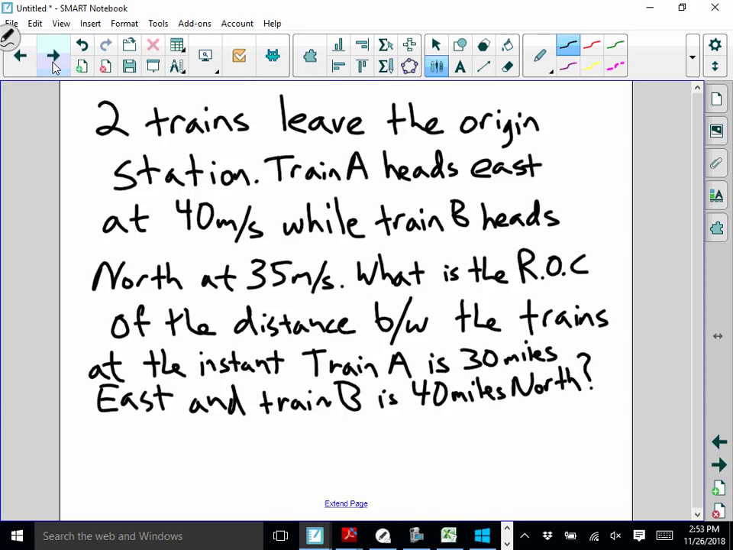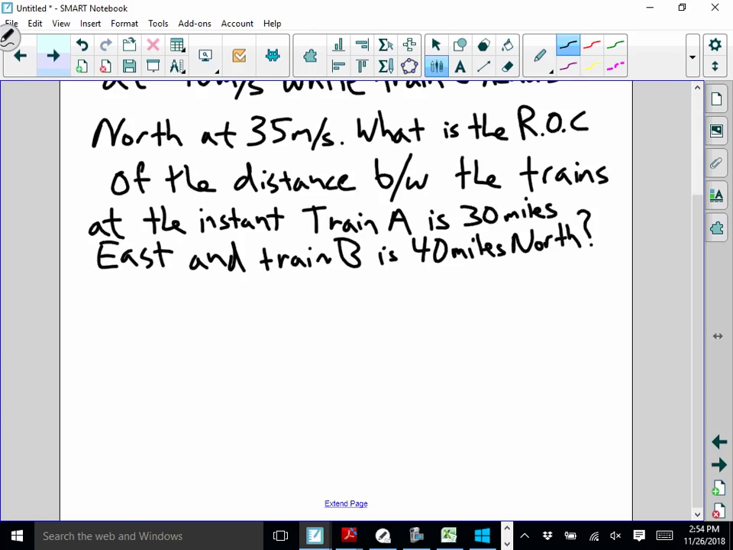Yeah. So these trains probably did not leave at the same time. Okay, that's okay. We don't have to worry about that. What we might want to do here is draw a picture. Sometimes pictures help. So let's draw a nice little picture here. Here's our origin station. And we have